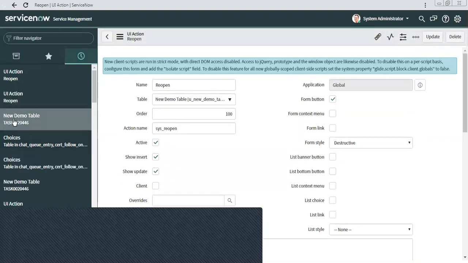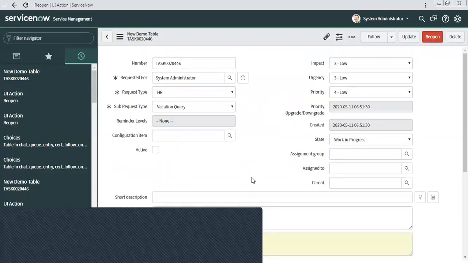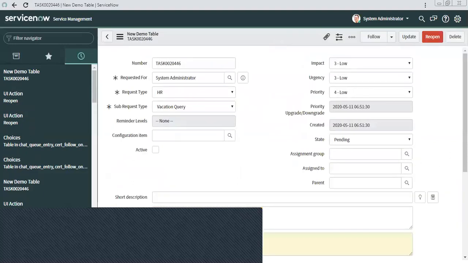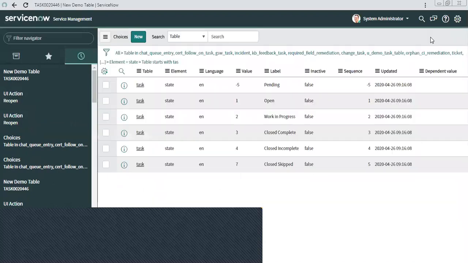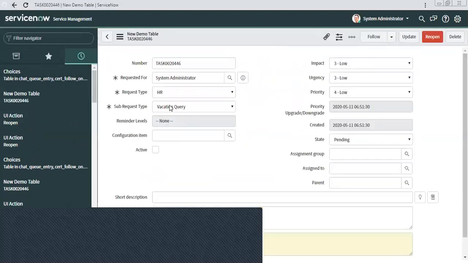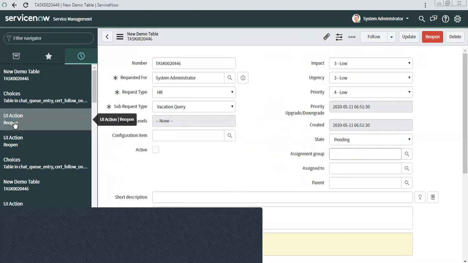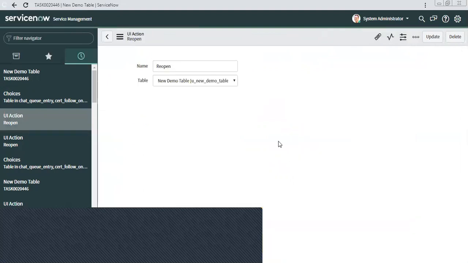So let's go back to our code. Did you see what we were trying to do through the condition? Now let me put it in pending. Now if I click on reopen, what will happen? The ticket is still pending. It didn't move to work in progress, but the unnecessary button is available on the form. So this is what we have written right now. We are stopping the code from running.